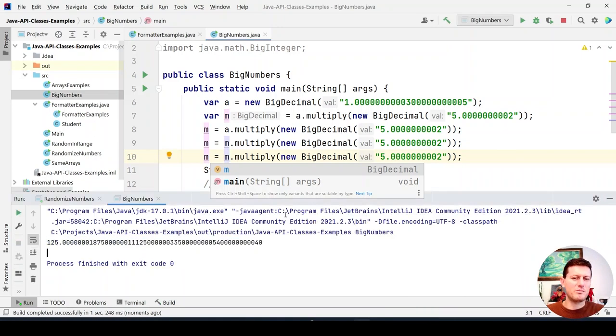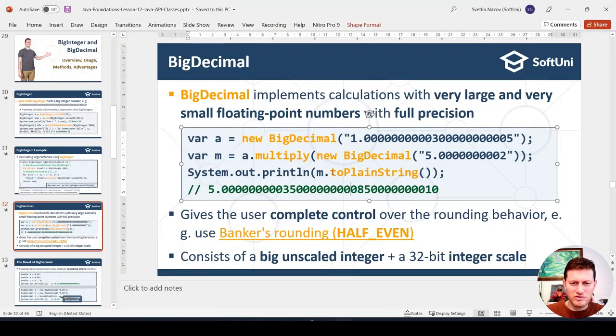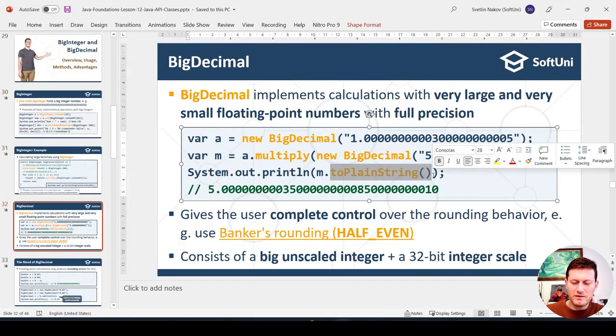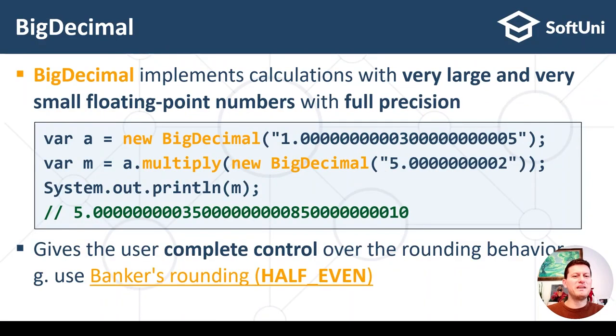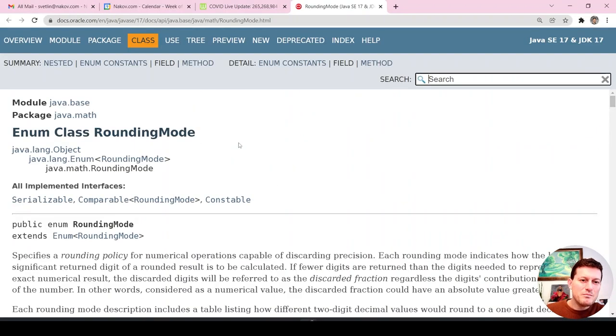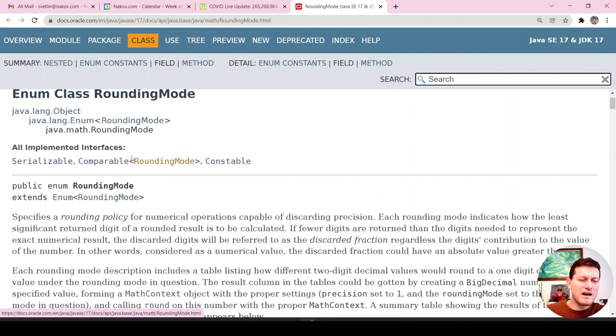Okay, it works absolutely correctly. We don't need this to plain string. It is my mistake. So if we use BigDecimal, we have also control over the rounding, because if you didn't know, there are many